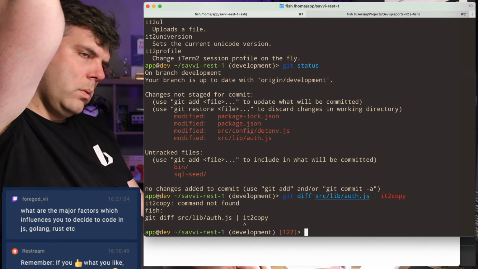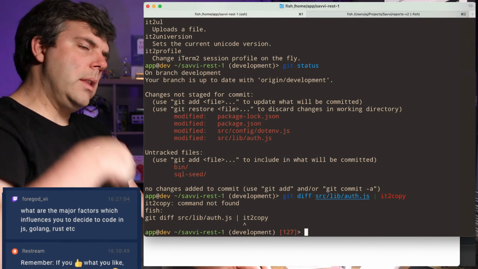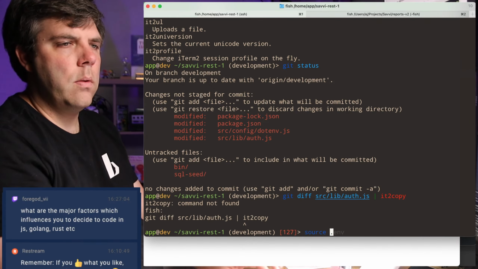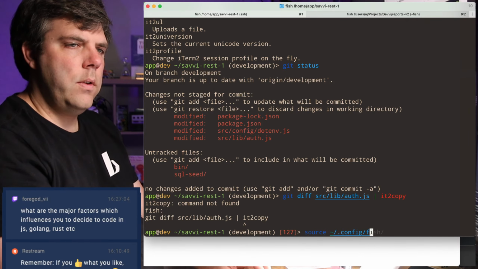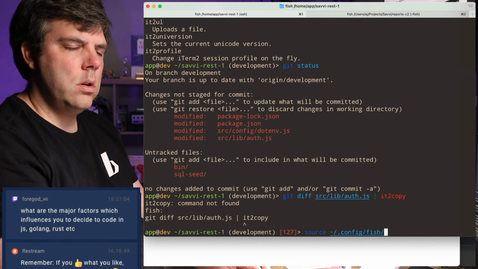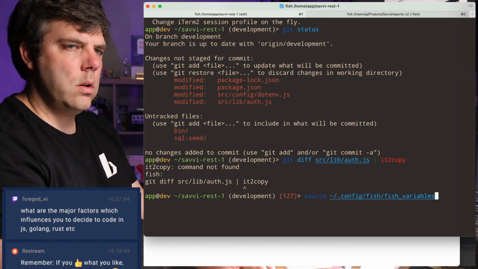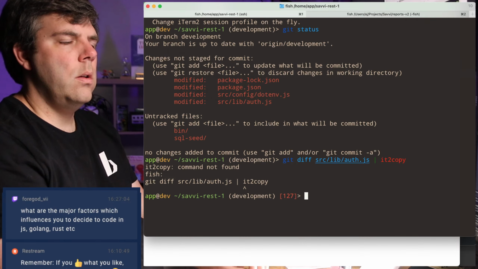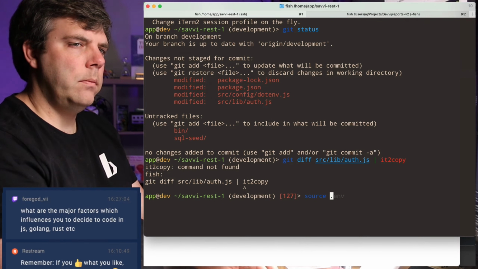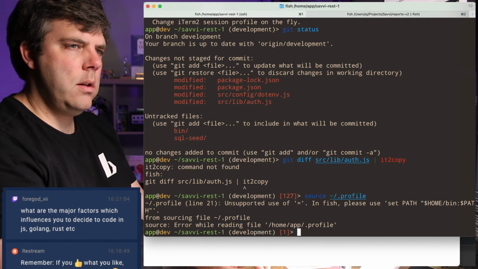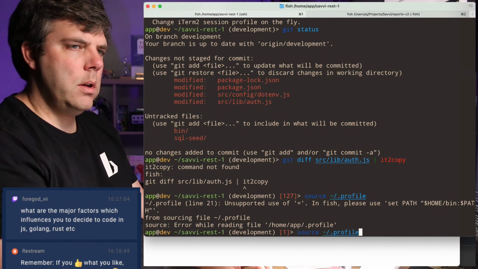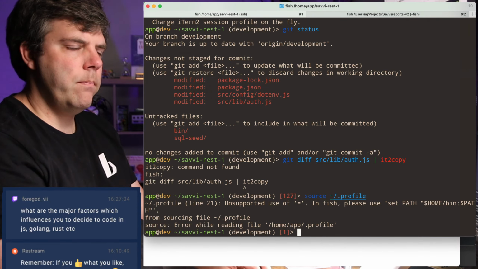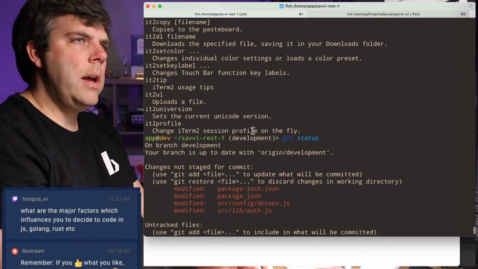What do I need to do to source that? Let me try sourcing config fish, config.fish. Profile. Nope. I'm not sure how to include those.